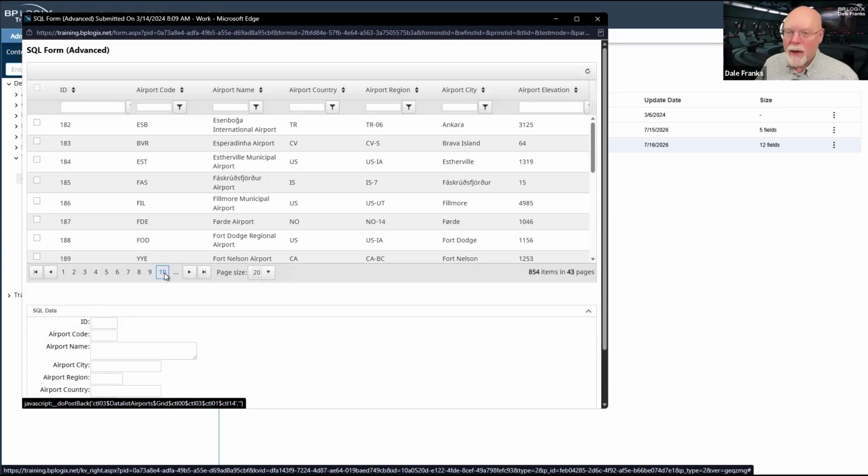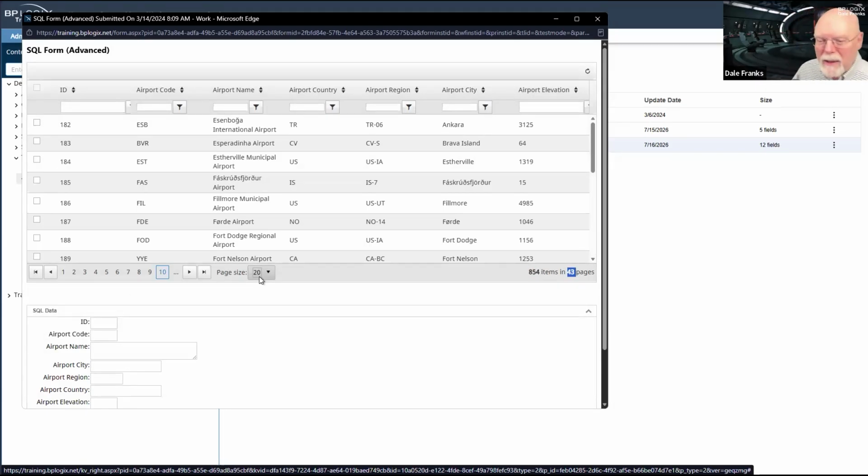How did I do that? Well, I made a little estimation inside my tiny little brain. I got 850 airports, but they're spread across 43 pages. I am showing 20 per page. So that's somewhat less than 50 pages. If F is the sixth letter of the alphabet, if it was 50 pages, I know it would be somewhere around page 12.